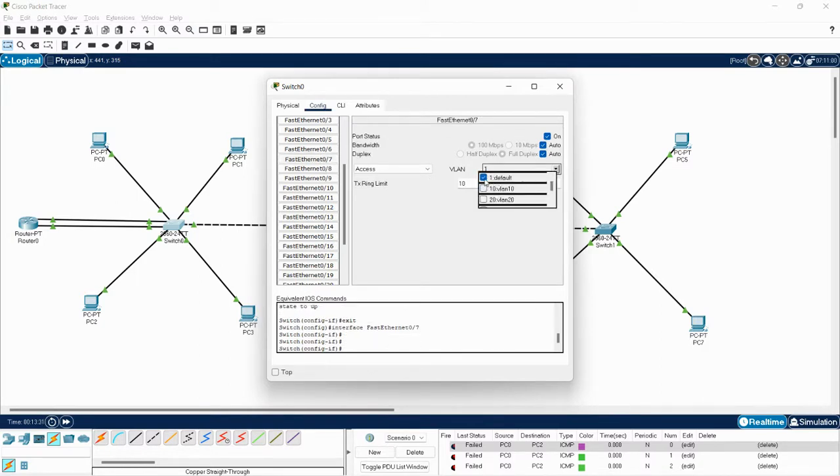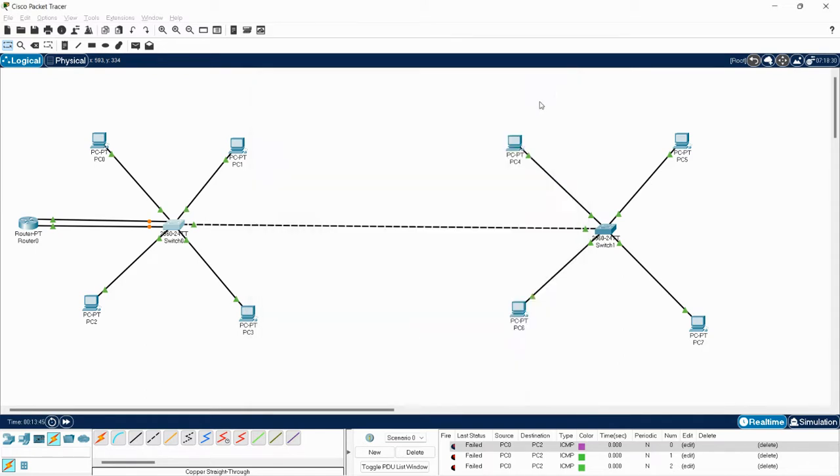This is a mistake I have made. I'm going to specify that FastEthernet 0/6 should belong to VLAN 10 and FastEthernet 0/7 should belong to VLAN 20.